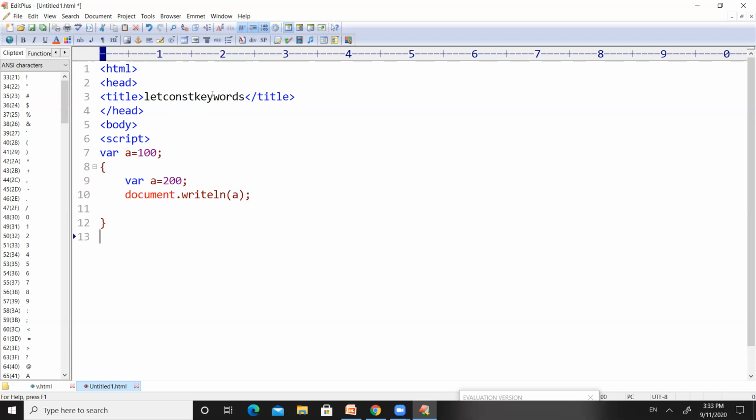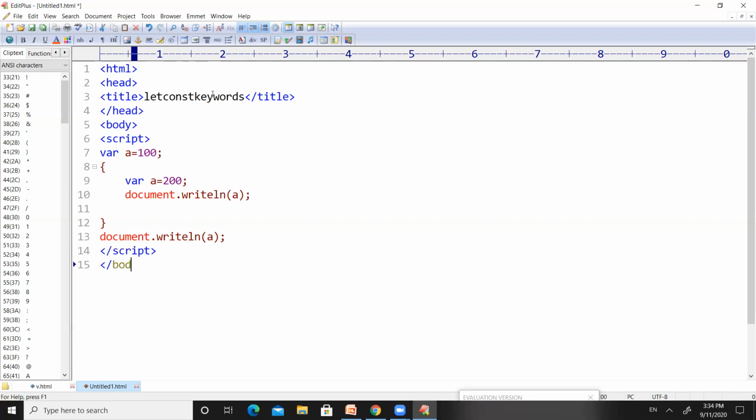Similarly, I want to write the same statement outside the particular block. Document.writeln, I want to print the same a value here. Now just close the script tag because the JavaScript code is completed.